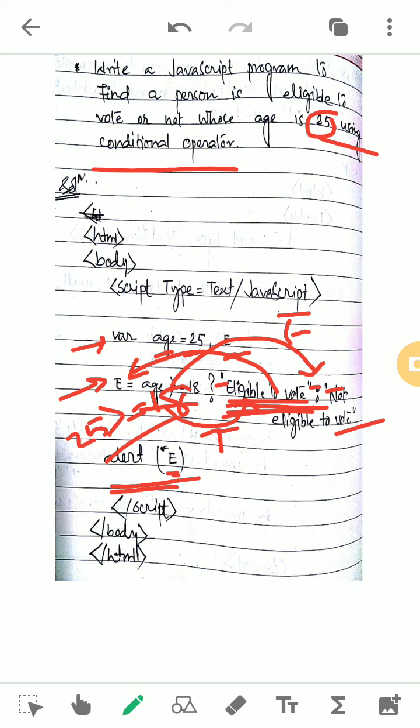These values were already given, like 10 and 15. But if users give the input, like we use a calculator, whatever value we want, we give and it calculates. So that input should be given from the user side, not assigned. For beginners, I have shown how values are assigned, and how the assigned values should be calculated. And now we will discuss how to take input.